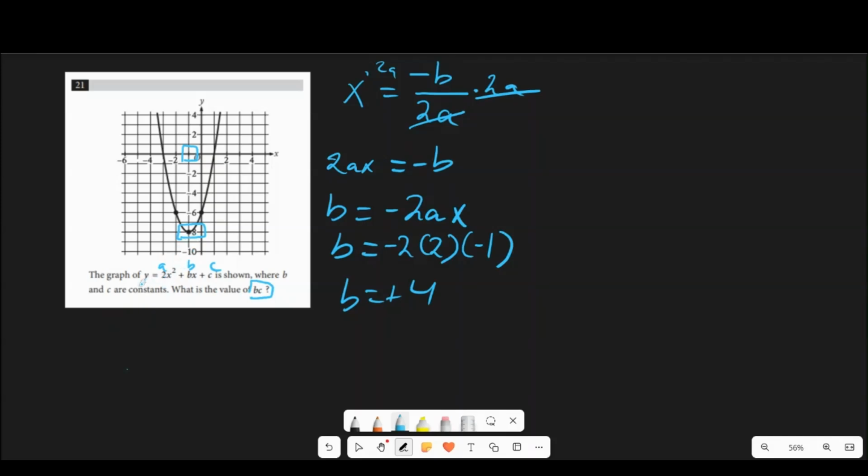So how can we solve for c? Well, like any equation, if you have all the other values and you need to solve for a constant, you can just plug in a point on the equation, or a point on the line of the equation, right? And solve for that constant, right? So